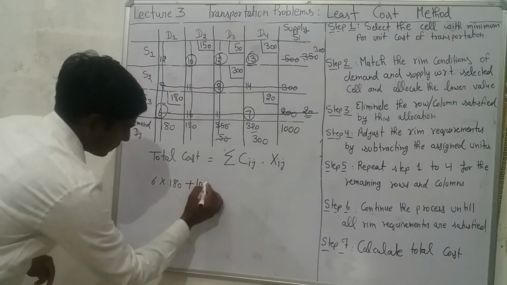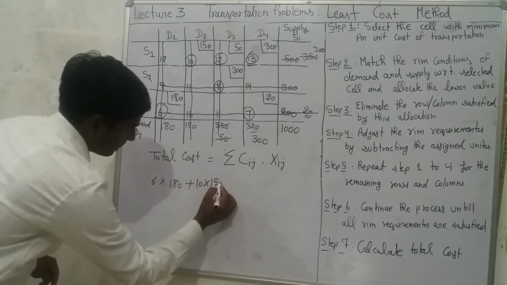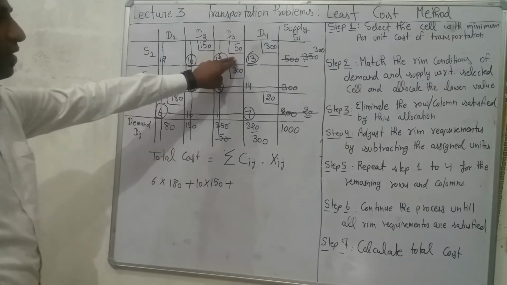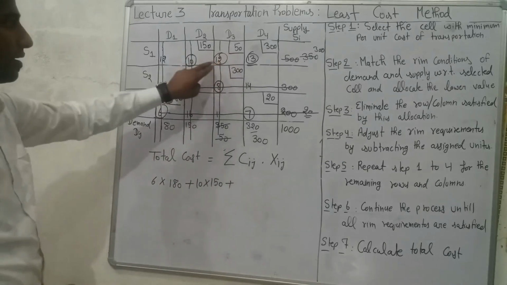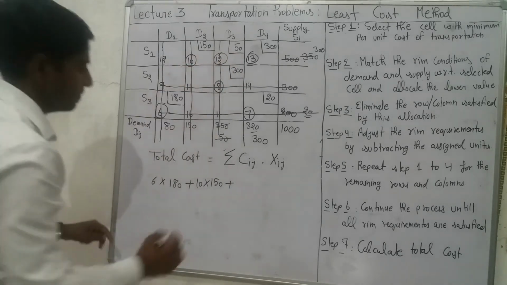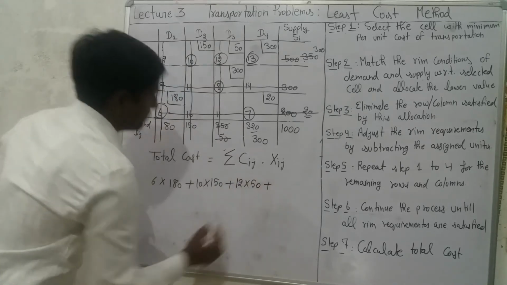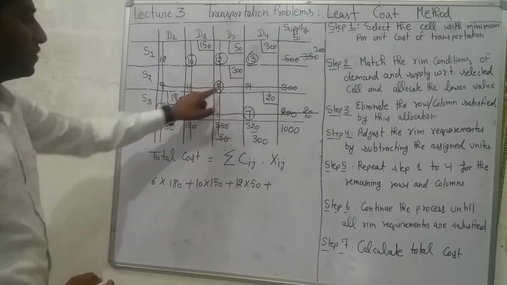So 10 into 150 plus, come to the next cell, 50 units are allocated in this cell and the cost per unit was 12. So 12 into 50 plus 300 into 8